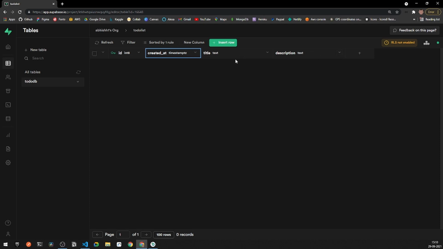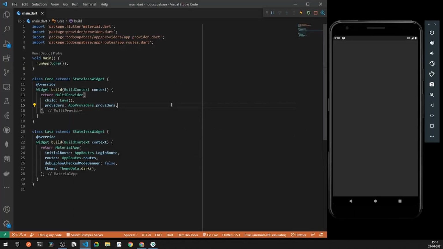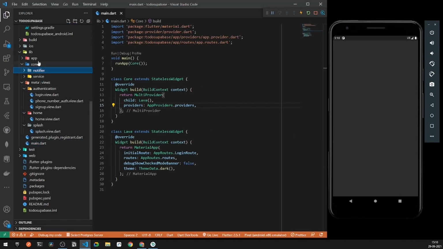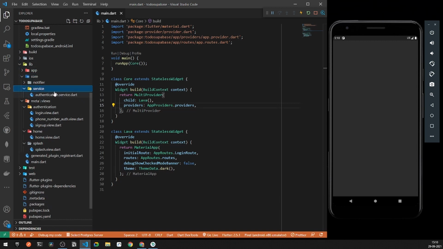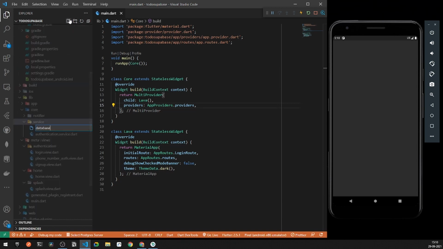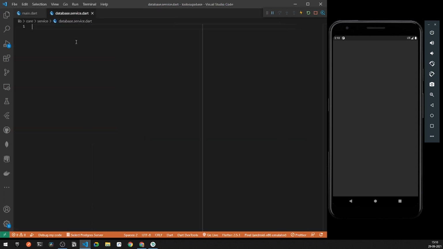Now once we have added this here, let's move to our Flutter application and start adding data in it in our own way. Now if I go back, you can see I got my application up and ready. Now I can go under my core folder, and under my services I will be getting a service known as database.service.dart. You can see I got my database service, and here I will be creating a new class known as database. Now under database service I will be performing all the CRUD operations.